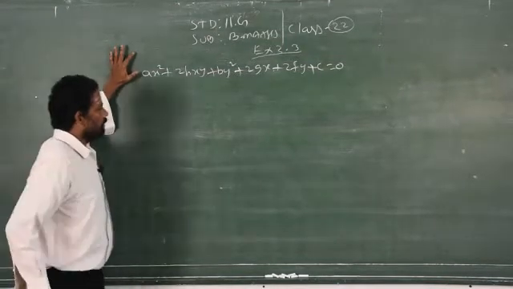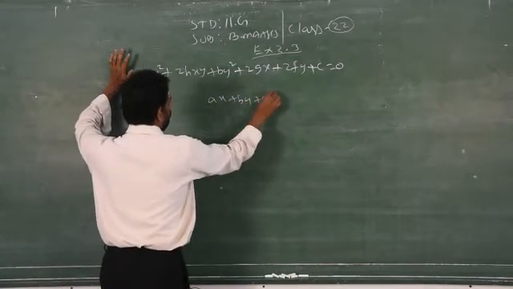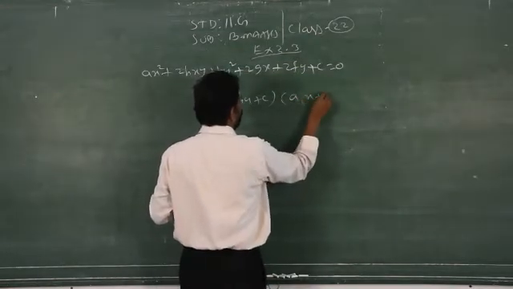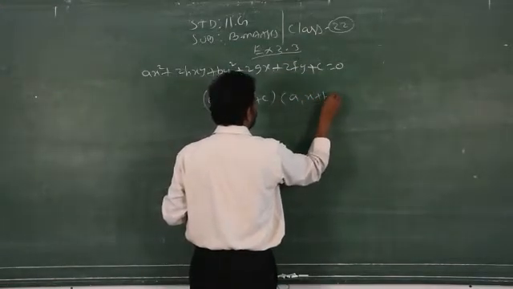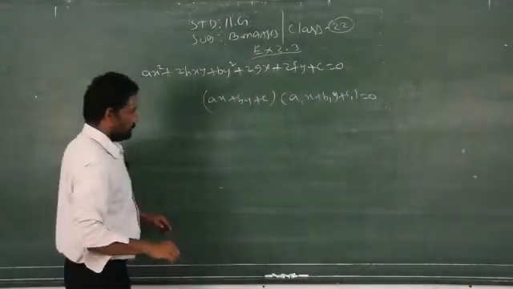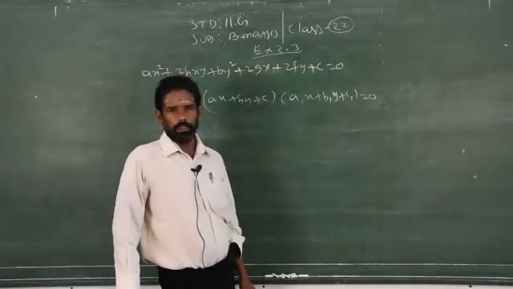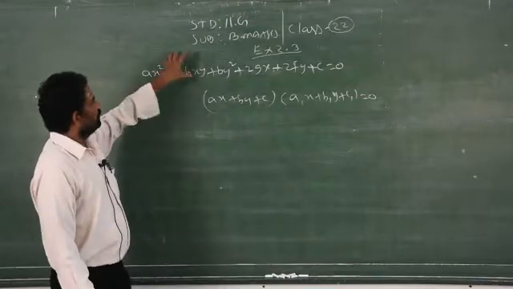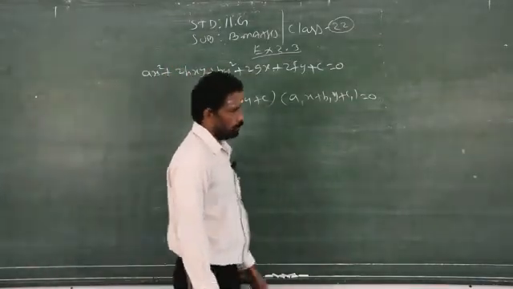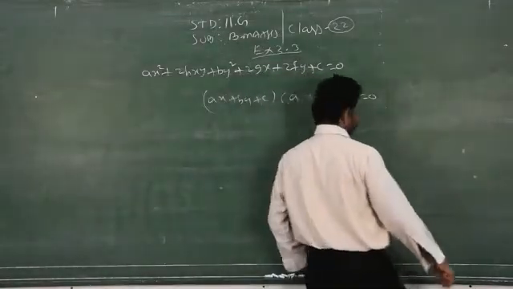So, pair of straight lines means, if you multiply two lines, you will get this formation. So, this is called the pair of straight lines. When you multiply these two, you will get this equation that is called the pair of straight lines. This is the general form of the pair of straight lines. From this, you can easily find out the general equation of the circle.